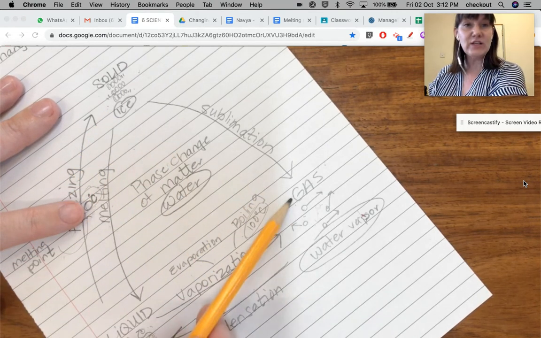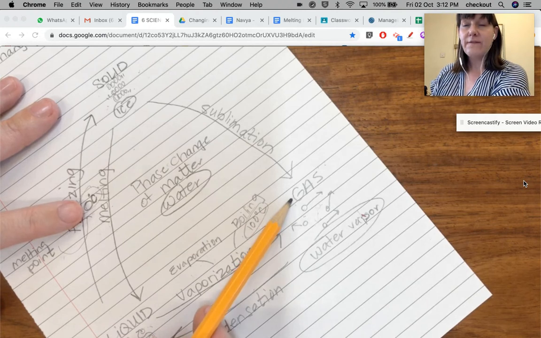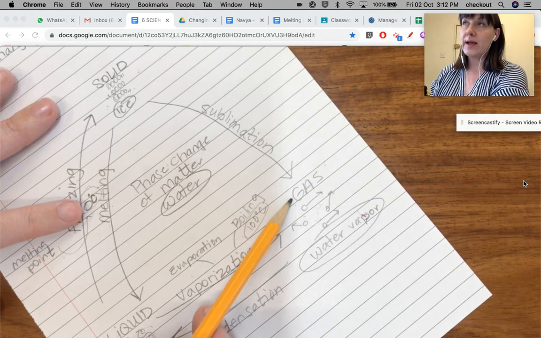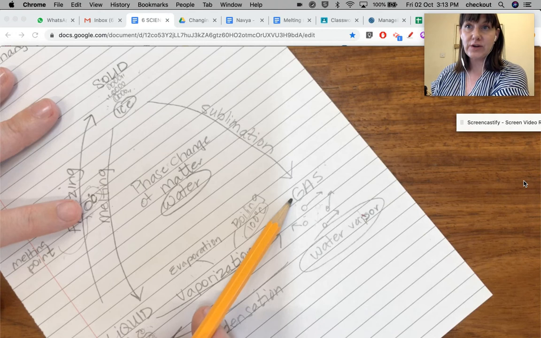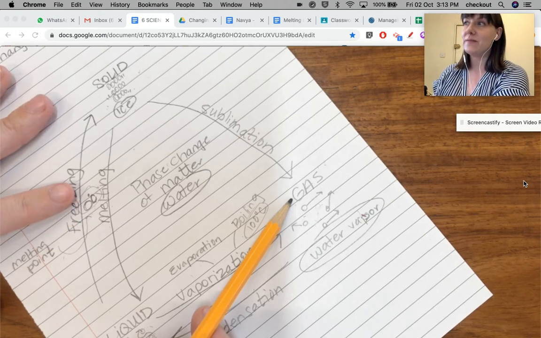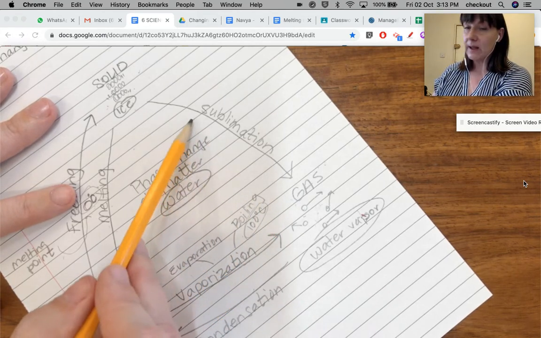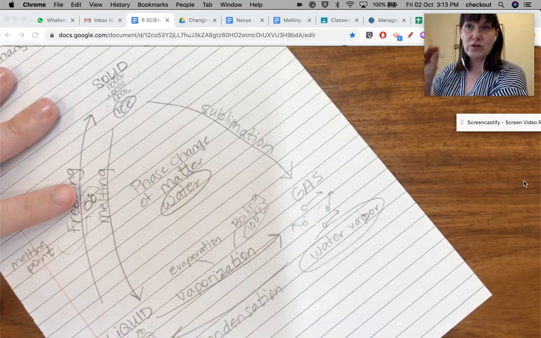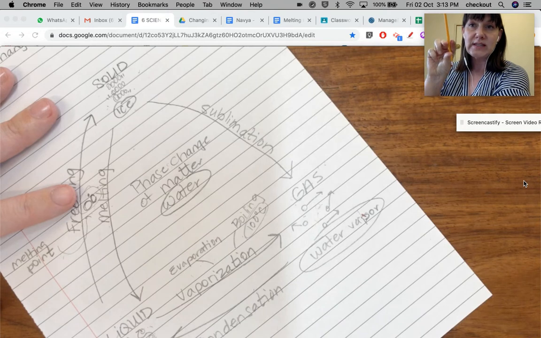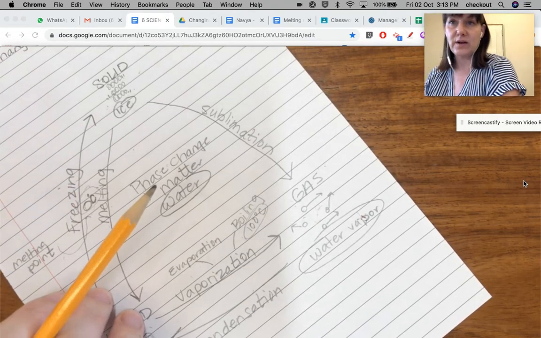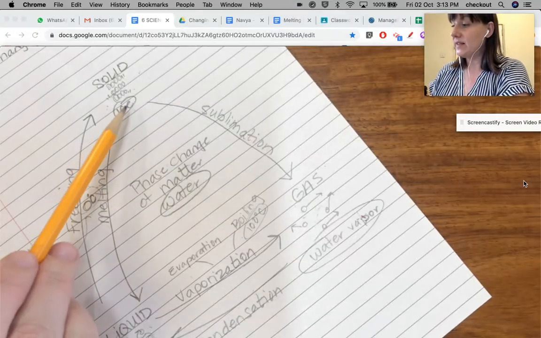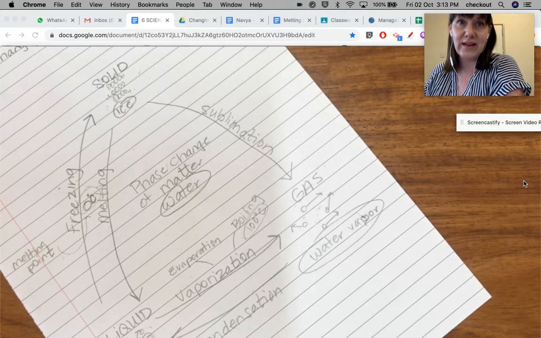This can happen as well with water. For example, if you were to put ice in your freezer and just leave it there, over time, even if the freezer didn't break down, some of that ice will sublimate into gas, and those ice cubes will get smaller and smaller in the freezer over time. So it is possible on a small scale, but it's not something that you can really see happening